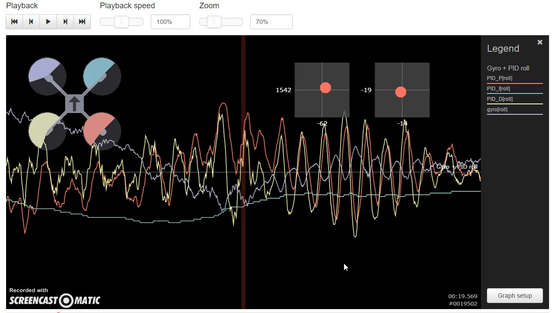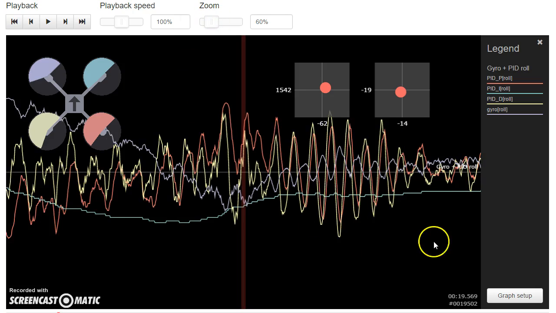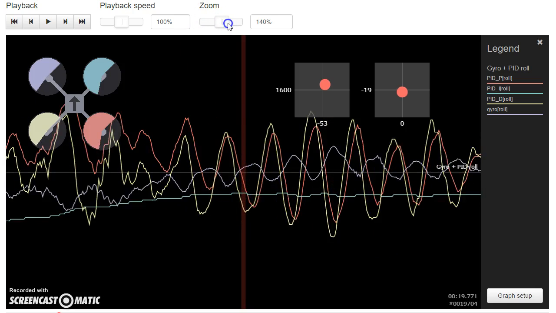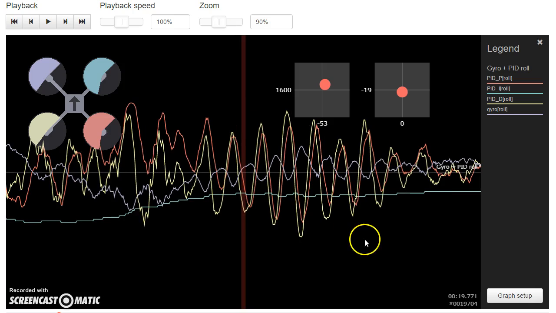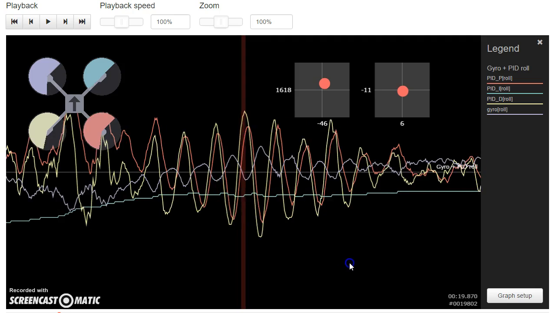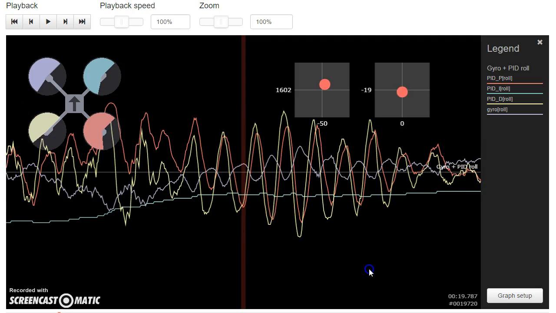You know, when I first did the video, I said it's not excess P gain because I was looking at this all zoomed out. And with it zoomed out like this, it looks like high frequency noise. But when I zoom back in to where it normally is, I don't know. That's not high frequency stuff. Is it P gain? I'm going to have to say